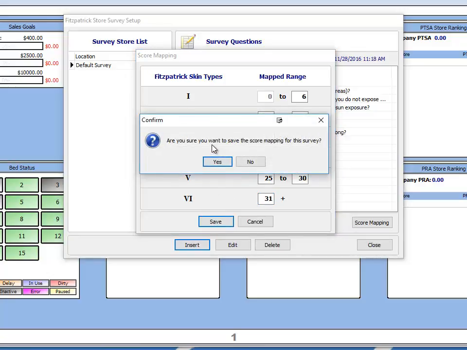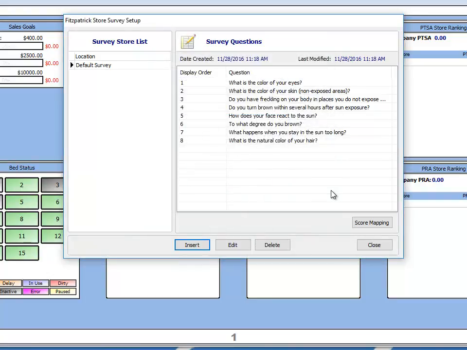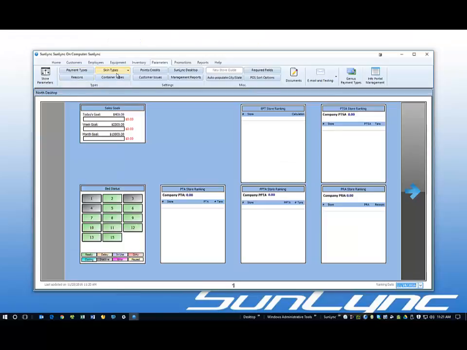And then it'll ask you if you want to save the score mapping. Hit yes, and then OK. And then that's pretty much it for the surveys. And now that you've created your skin mapping and your surveys for your stores, the next step really is to